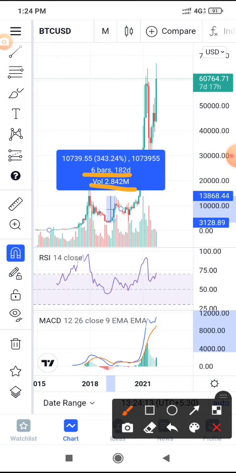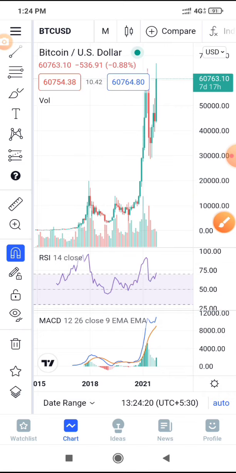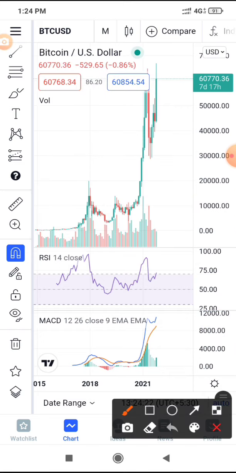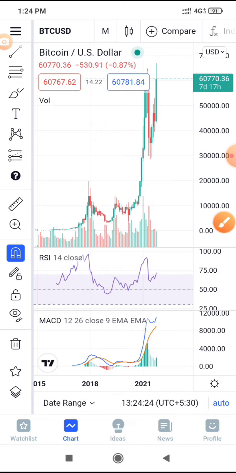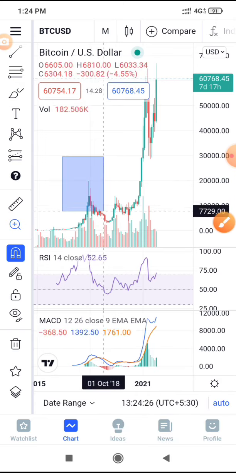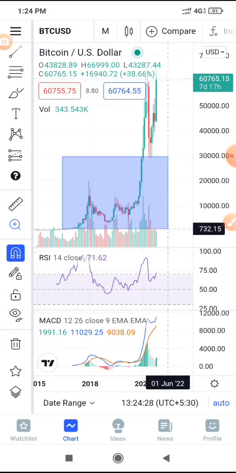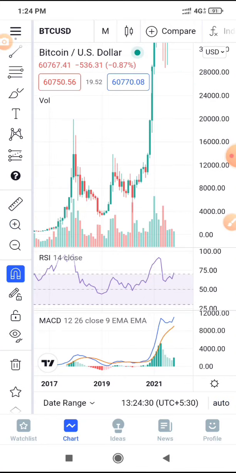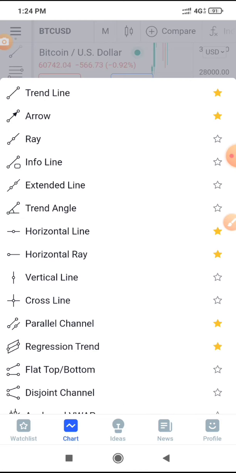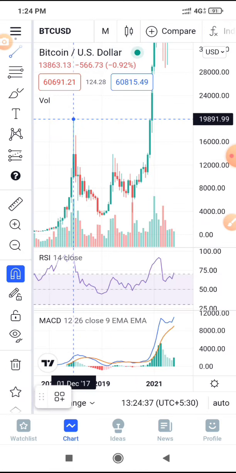Okay, and the move was this much. So this is how you can get the measurements, and you can clear that measurement once you click it. Then there is a zoom in, zoom out button which you can use on a particular area. When I select and click on a particular area, the area will be zoomed in. Okay, and here you would see that you will be able to plot the trend lines like this.